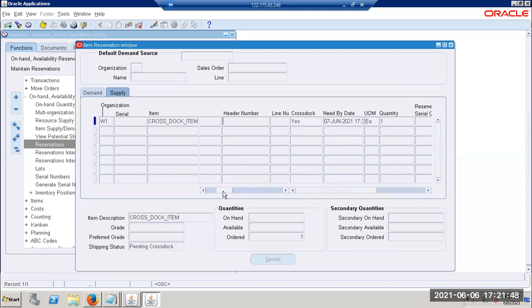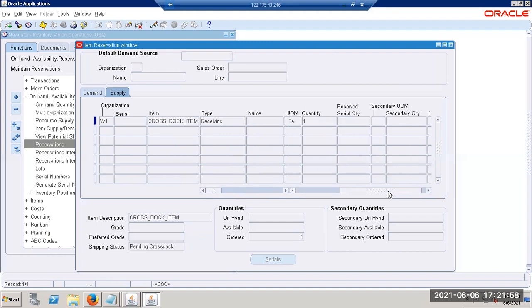That's fine. So on our demand, the system is trying to say there is something there. We have done the reservation. You can see the pending cross dock. Perfect. So it means our cross docking criteria, whatever we defined so far, is working perfectly. Now we have done the receiving, and we need to do the next transaction, which is put away. Put away is nothing but the cross docking criteria we are trying to do. We need to perform the put away.